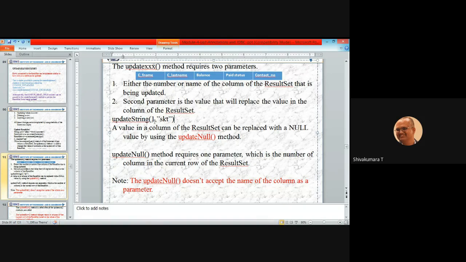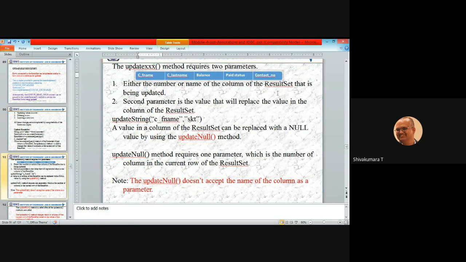UpdateString. You can use the index number of that first name field, or you can use CF name. You can use a key value pair of it. Either you can use the index number, or you can use the name of the field to update the content of that particular field.